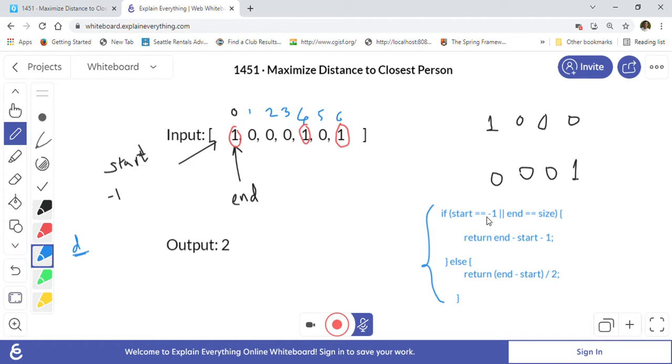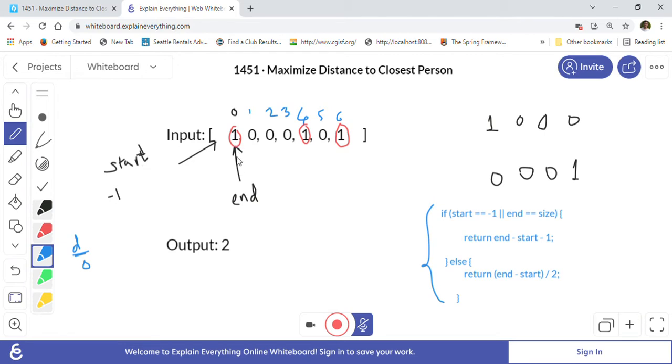So we will keep track of the distance. Start is equal to -1 in the beginning, so we will say end minus start minus 1. End is 0 minus start is -1, so it becomes 0 minus -1 minus 1. Minus minus becomes plus, so the +1 and -1 get cancelled and the distance will be 0. So we will mark the distance as 0 in the beginning, because Alex cannot sit anywhere, since the first position itself has someone sitting there.